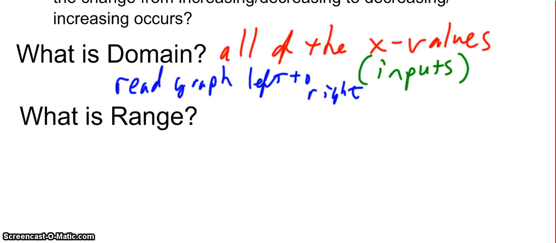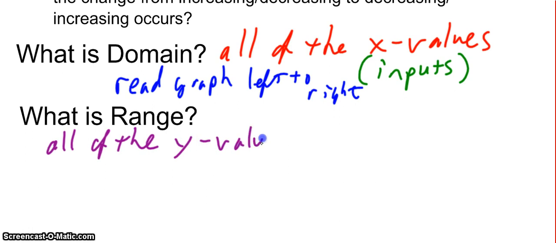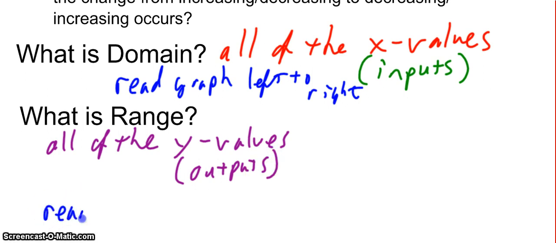The range then is all of the possible y values or outputs. And for this, when we read the graph, we read it from bottom